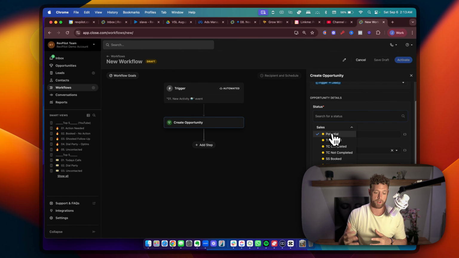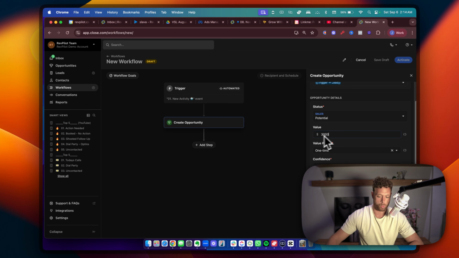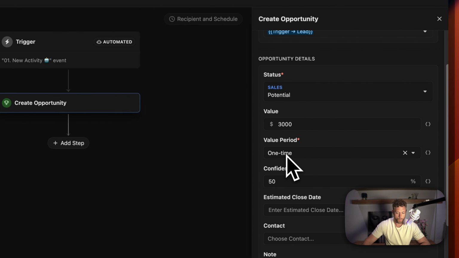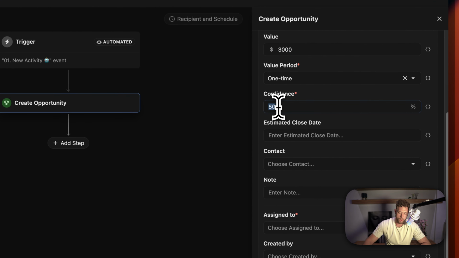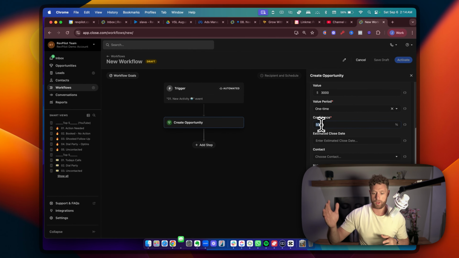We're going to put the average order value in here. So value, you can choose to put no value or an average order value. That's what I like to do. So let's say our average order value is $3,000. We're going to say it's a one-time payment. Confidence is going to be what is the likelihood of that closing, 1 out of 100. So let's put